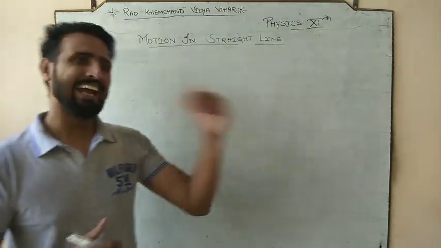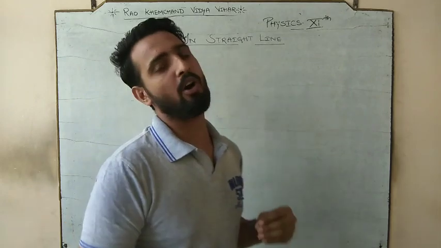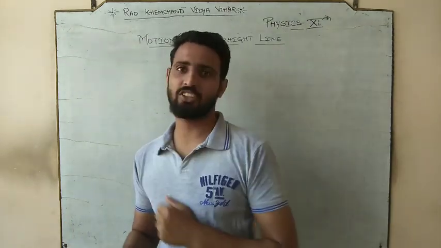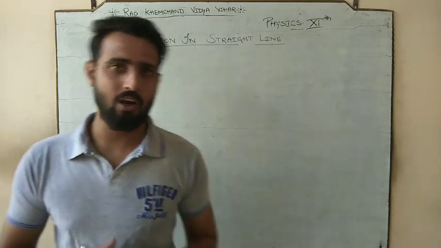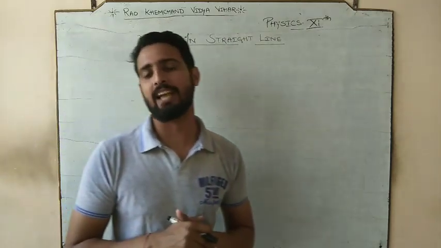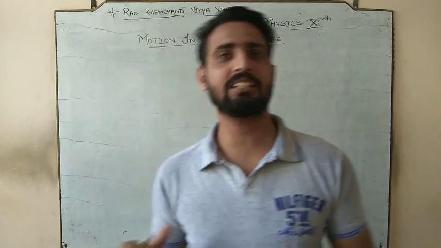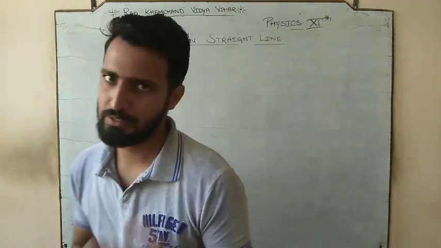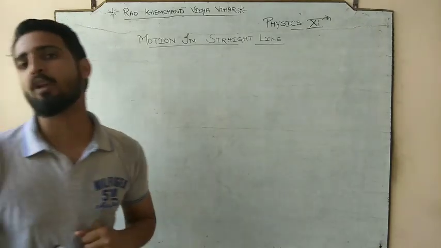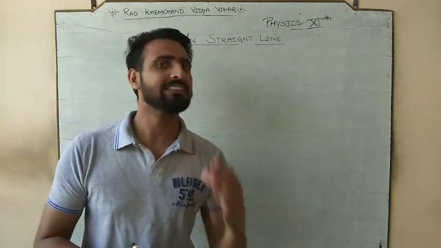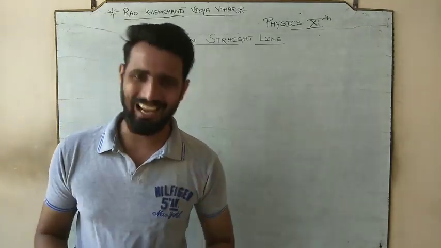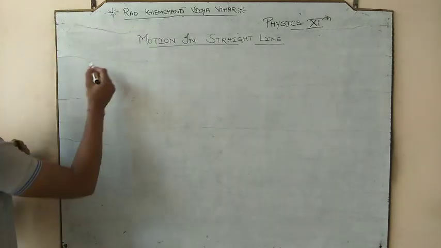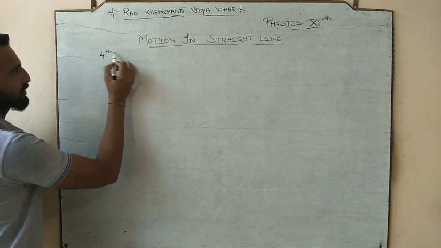After this we enter into one of the most important sections of the motion, and that section is equations of motion. We have derived the equations of motion by using calculus, and we have discussed the three equations of motion. But there is one more equation of motion that we are going to discuss at this stage, in this video, and we will call this the fourth equation of motion.